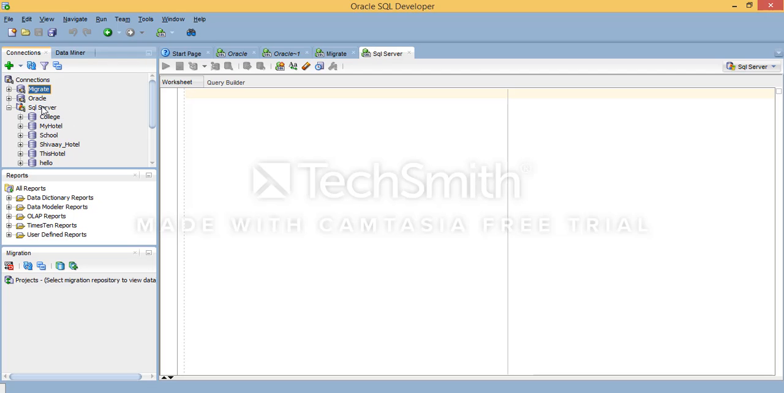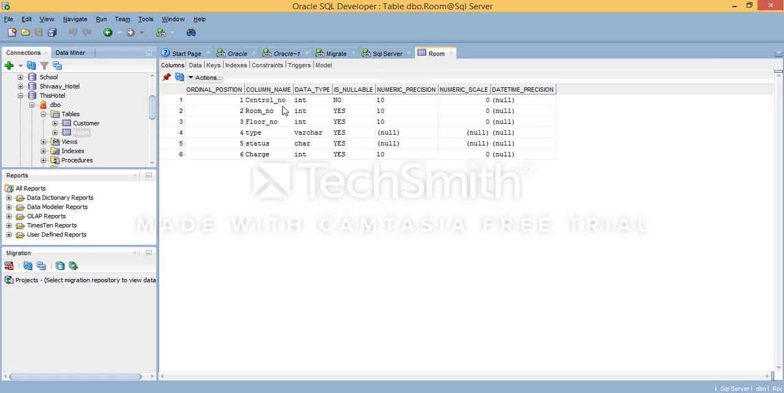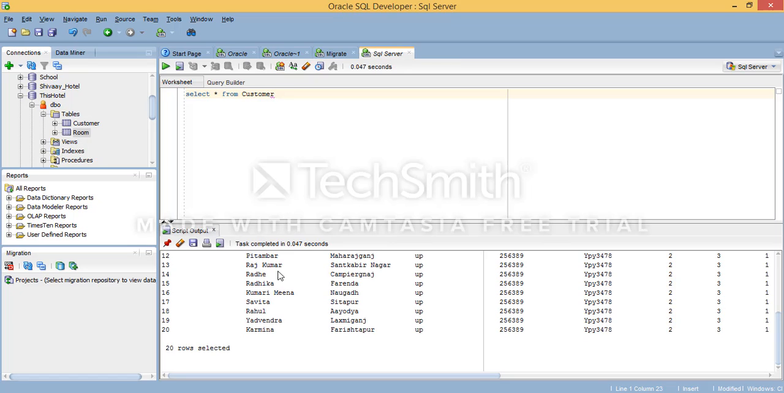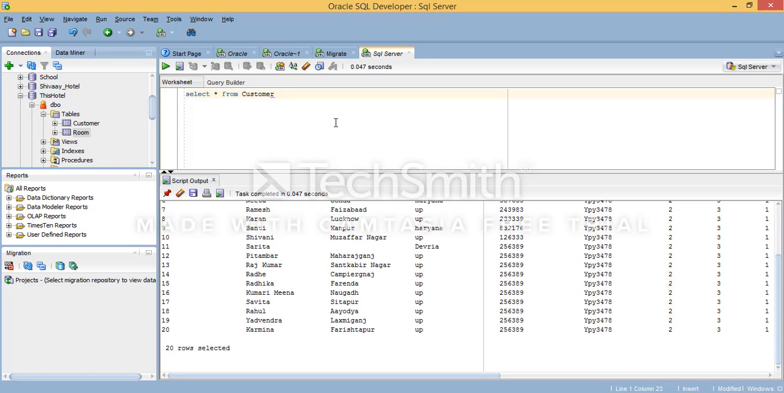You can see, and this hotel is my database. Review inside the tables, you can see customer and room. Now let's try to execute this. I'm going to try to execute a query to retrieve data from my table customer. Yes, you are able to retrieve. So let's